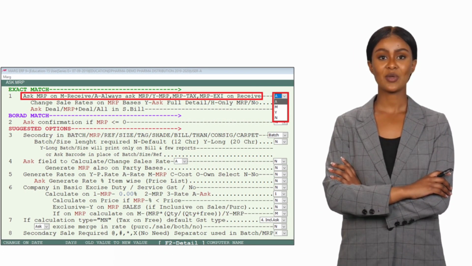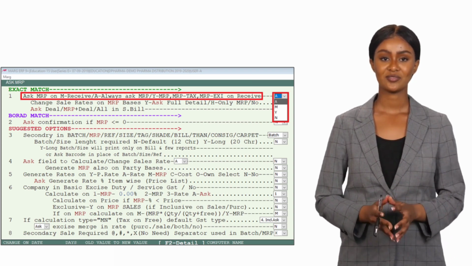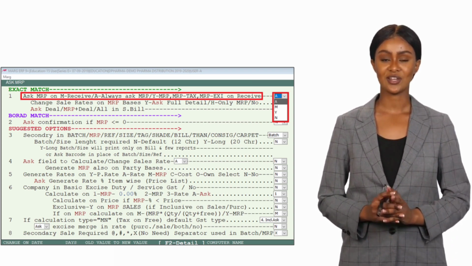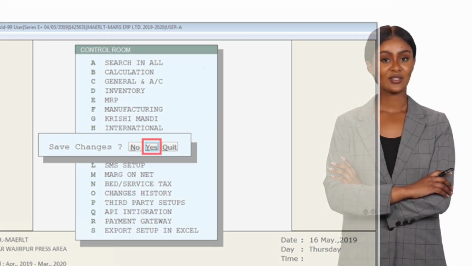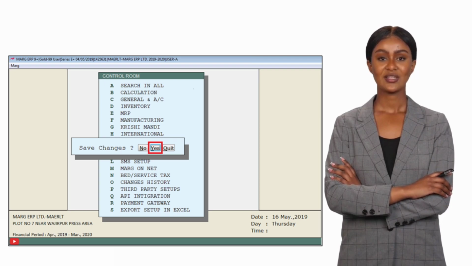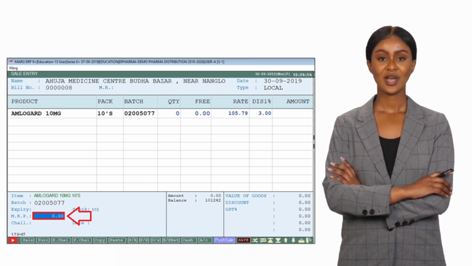In Ask MRP on Receive, M is for Manual, A is for Always ask MRP, Y is for MRP to tax, MRP to EXI on receive option. The user will now select A. Now the user will press the Escape button 2 times and then click on the Yes option to save the changes. After following the above steps, the software will start asking MRP at the time of creating a sale and purchase bill